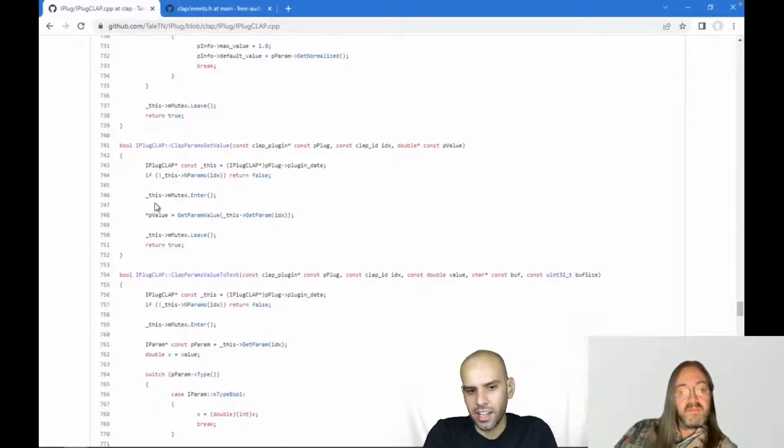Interesting. I guess in JSFX I never have to worry about this, right? Because I never thought about it as an issue before. No, because in JSFX, I think a single line probably is atomic, but I'm not really sure.